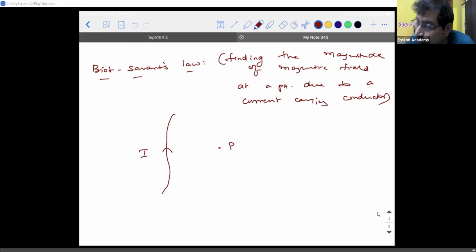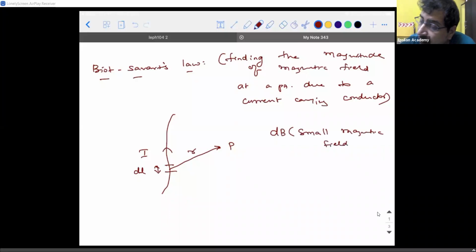So what we will do is we will take a small current carrying element of length dl, and from the element dl, if you take the distance to be r in the direction towards the point P, then